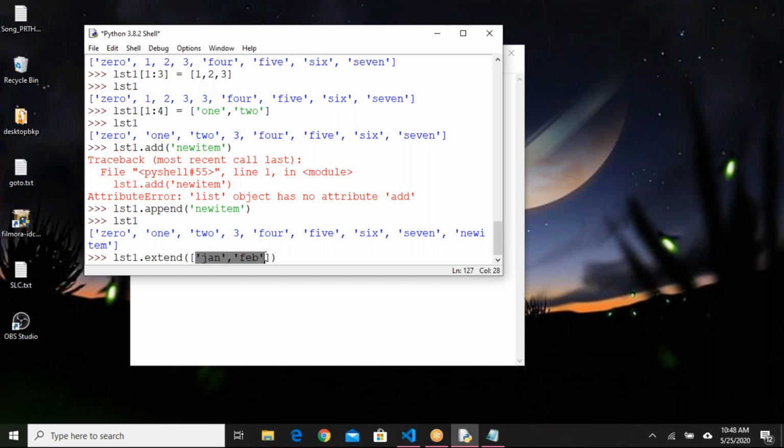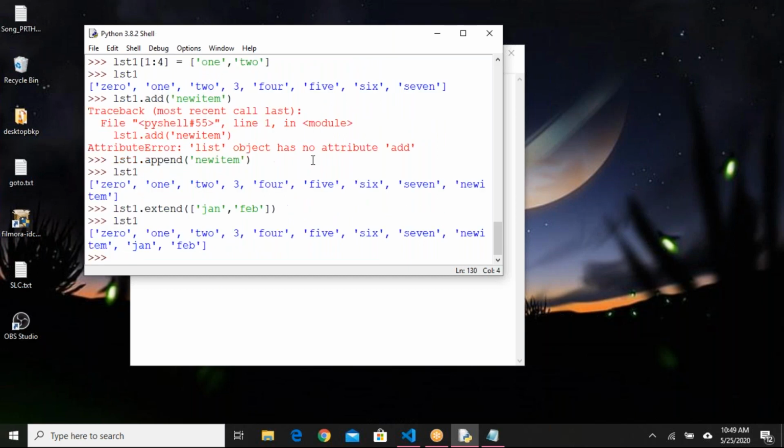You can pass any type of data. The reason is list is a mutable object. You can change the data. So if I run this, see here Jan and Feb are added. If you want to add only one item to the list, you have to use the append method. If you want to add multiple items, you have to use the extend method and provide multiple items as a collection. You can declare a separate collection, and that collection you can provide here as an argument.